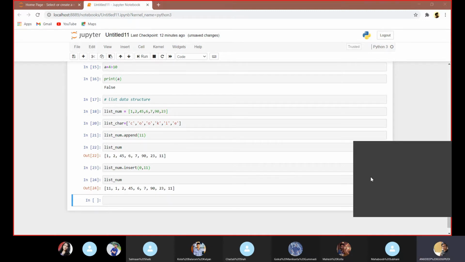We can also remove the first occurrence of wo from the list character with the help of the remove function.